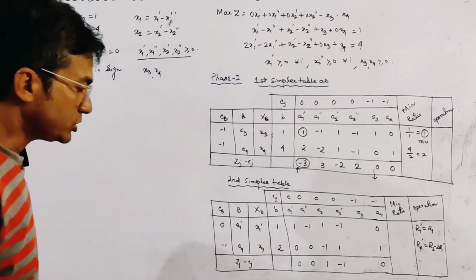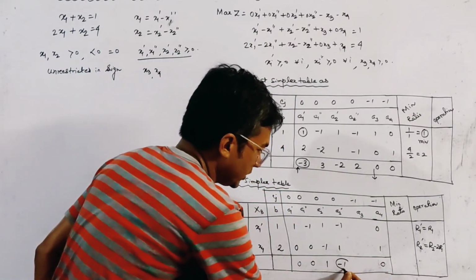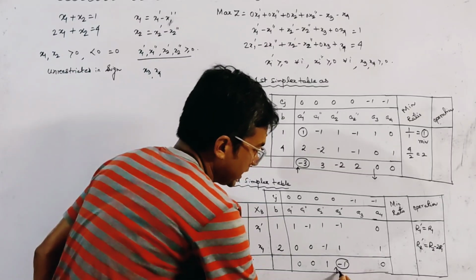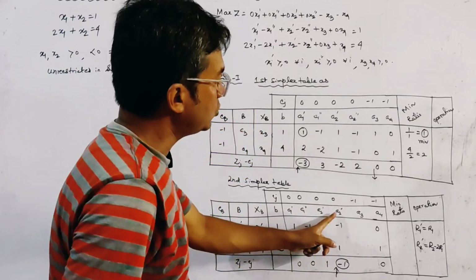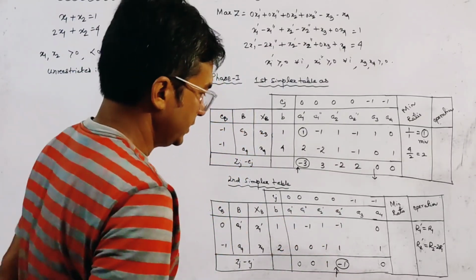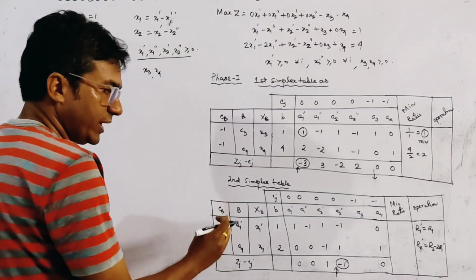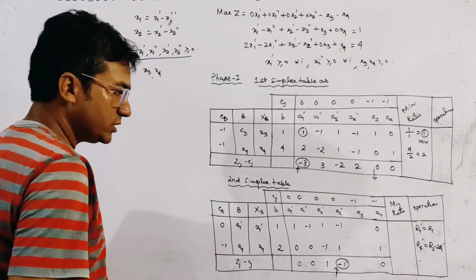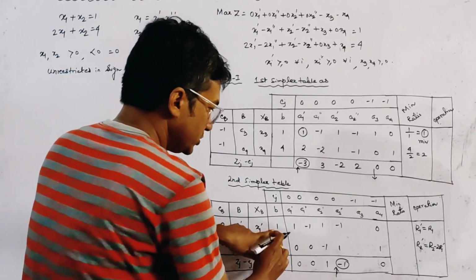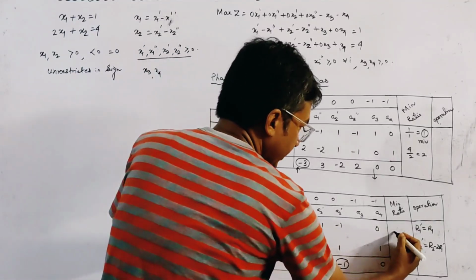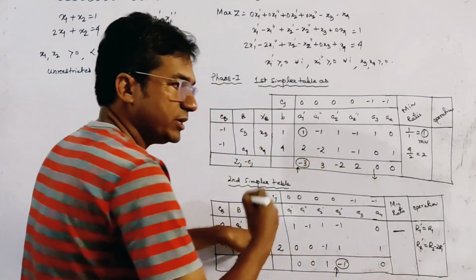Okay, so most negative is minus 1, so a2 double dash is the incoming vector. And now we find the min ratio. What is the min ratio? The min ratio is 1 by minus 1, it cannot be divided,